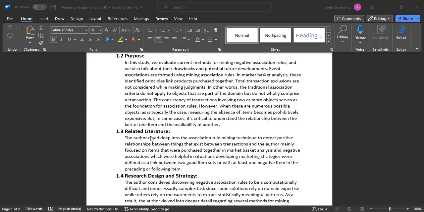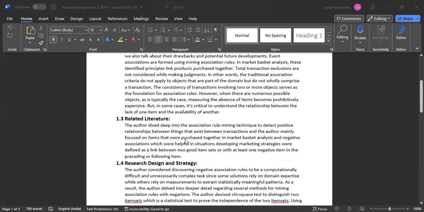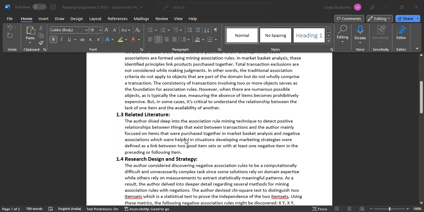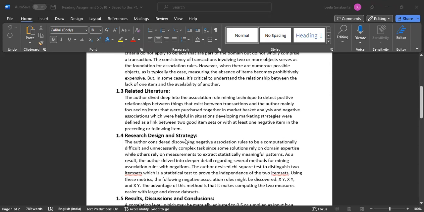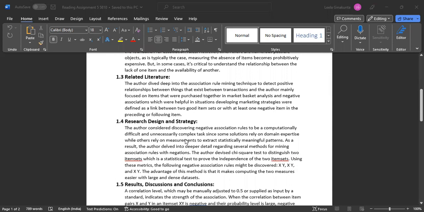Coming to the related literature, the author dived deep into the association rule mining technique to detect positive relationships between things that exist between transactions. The author mainly focused on items that were purchased together in market basket analysis, and on negative associations, which were helpful in developing marketing strategies. They were defined as a link between two item sets, with at least one negative item in the preceding